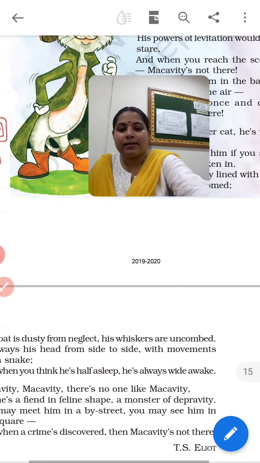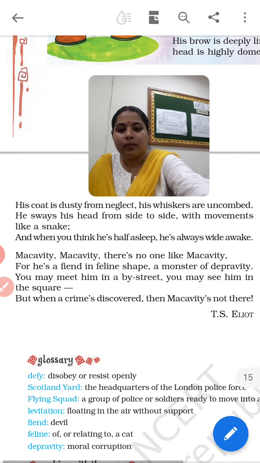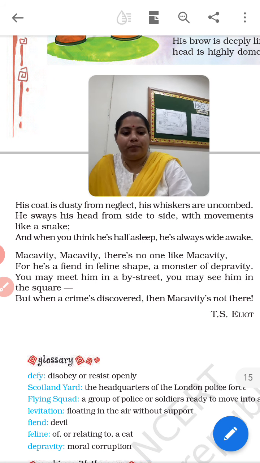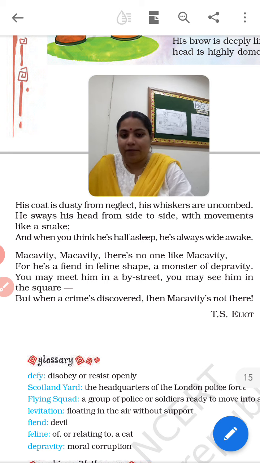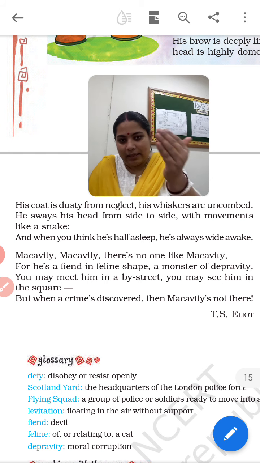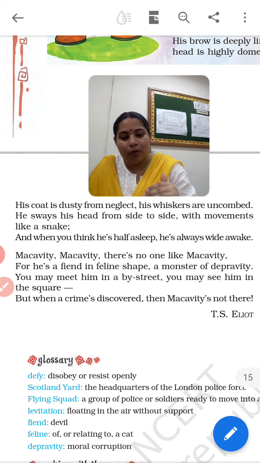Let's come to stanza number 4. That is the last stanza. The poet says, Macavity, Macavity, there is no one like Macavity. For he is a fiend in feline shape, a monster of depravity. You may meet him in a by street, you may see him in the square, but when a crime's discovered, then Macavity is not there. That is, the poet says that there is no one like Macavity at all. By the time we come to stanza number 4, it is totally established by the poet,